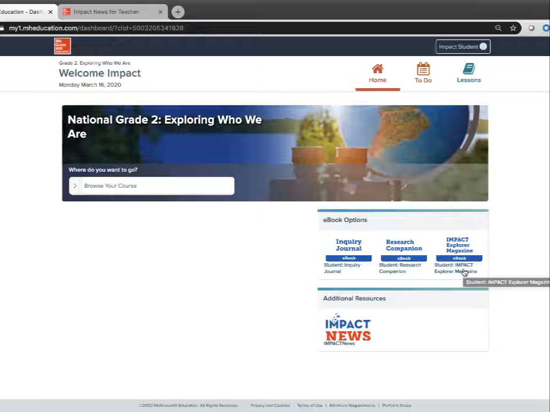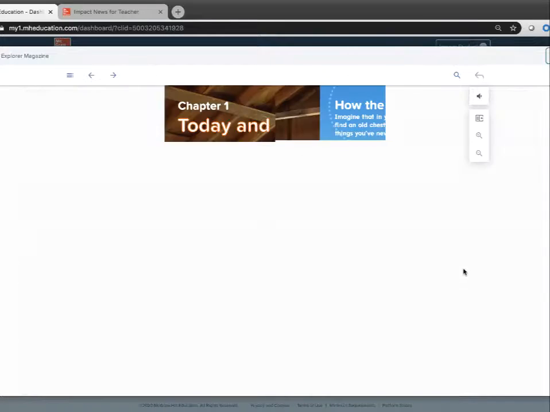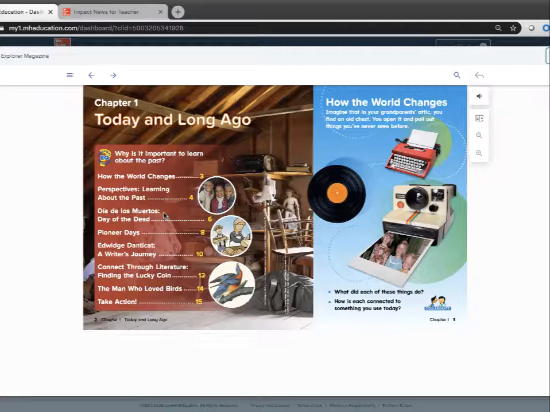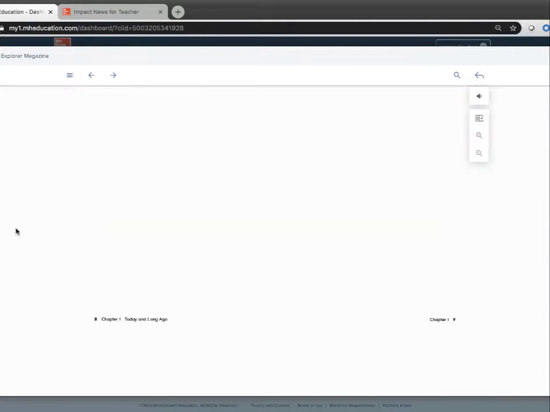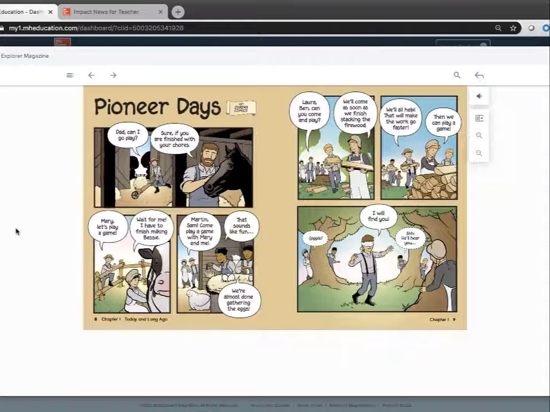Log on. Hey kids, I want you to log on, open up your Explore magazine. That's that one with the high graphics. It's really visual, very engaging. And I want you to read a particular chapter or a particular lesson. There's this great one about Pioneer Days or whatever it might be, and have your students read this. All right, that right there can provide so much easy access for them, really foolproof as well, using those tips